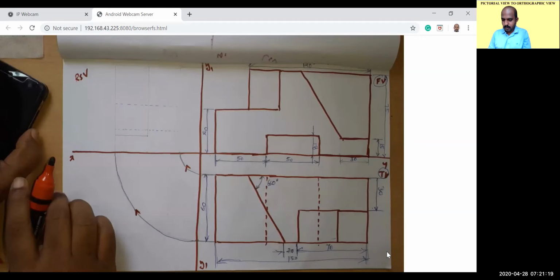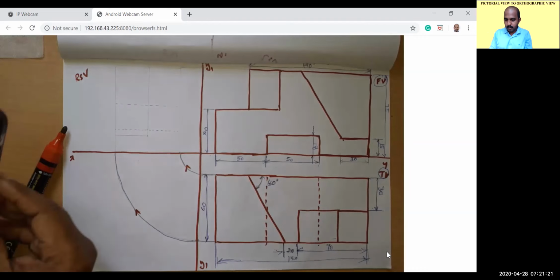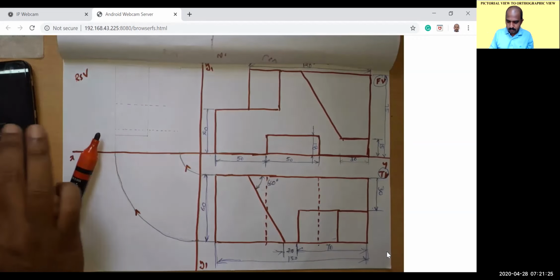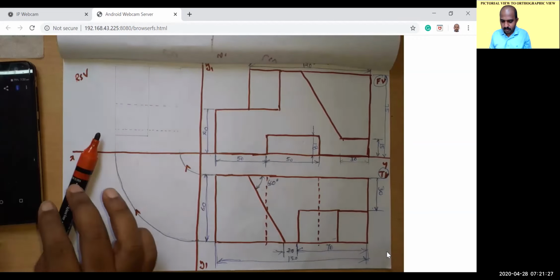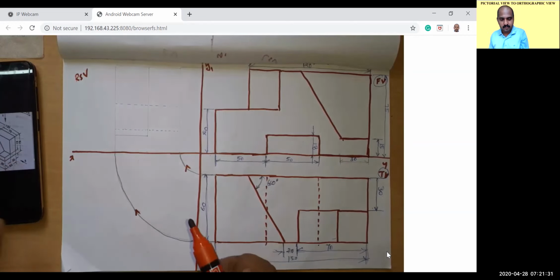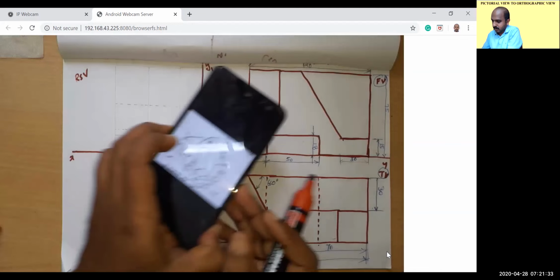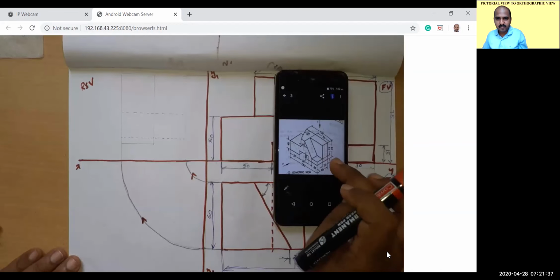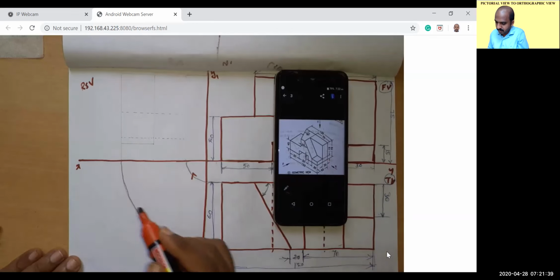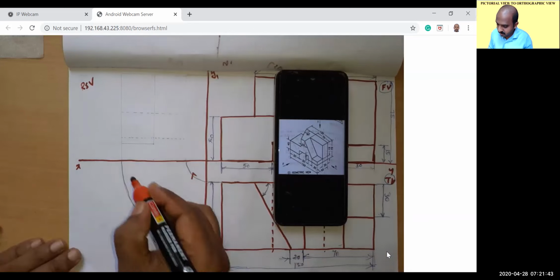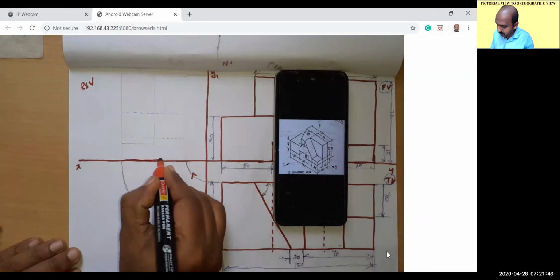Now you look into the problem. You are going to draw the right side view, not the left side view. When you are looking from here, sorry, you are looking from this side. So what do you see? What about this width? This width is equal to 60. Please mention, this is equal to 60.